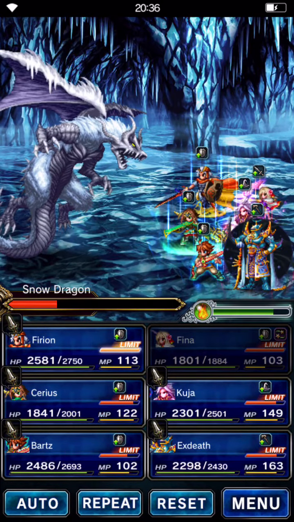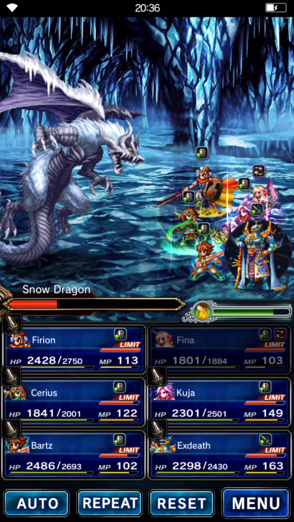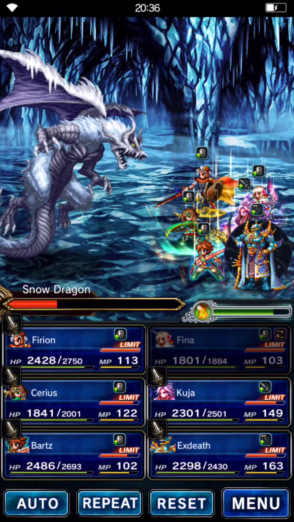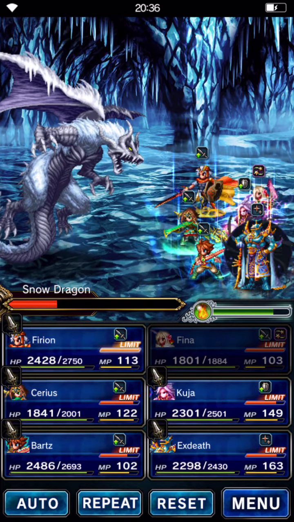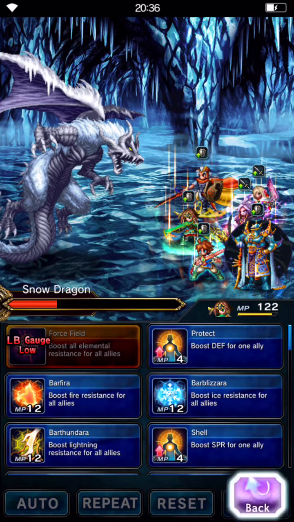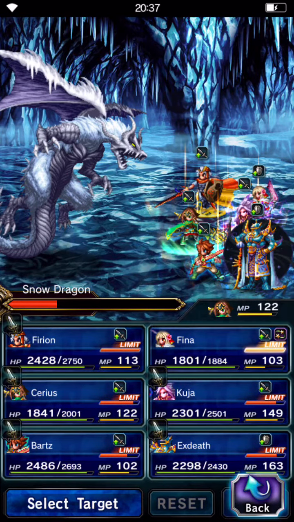Now let's say that you want to change one or two of their actions. You don't want to do the exact same thing, but you don't want to do everybody all over again. So let's say with Sirius, let me just show you real quick. If you swipe left, obviously the tutorial shows you this. You can choose your items, just choose whatever you want to use,